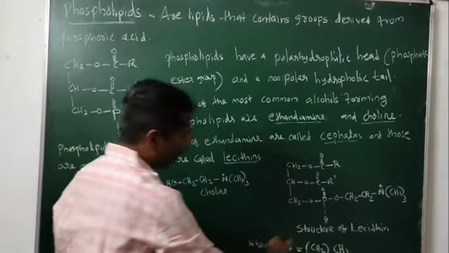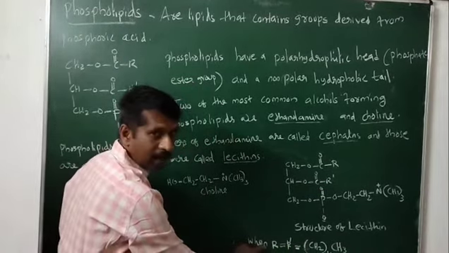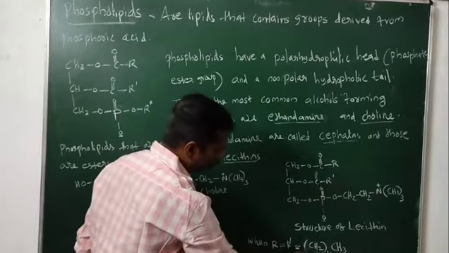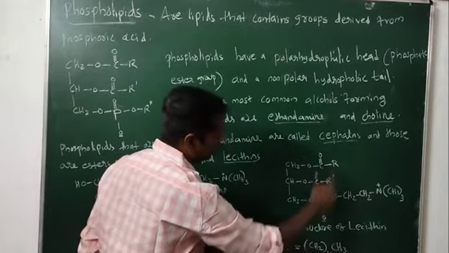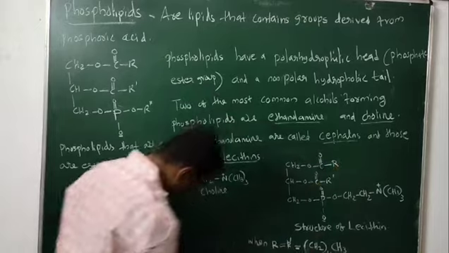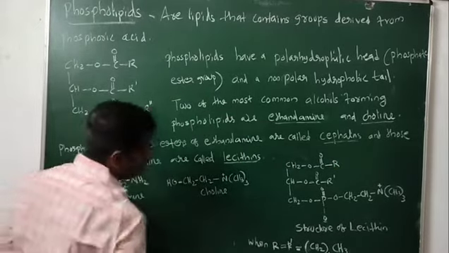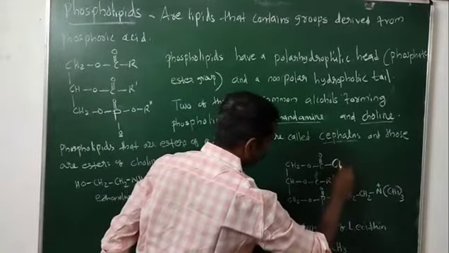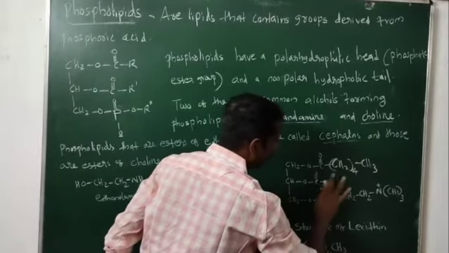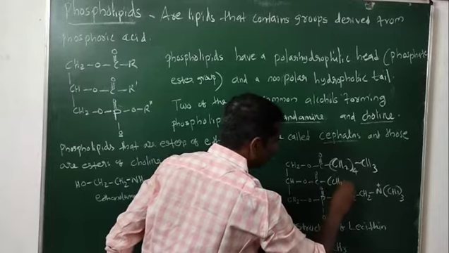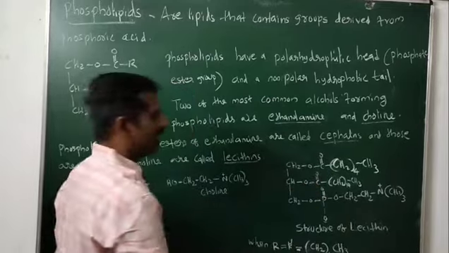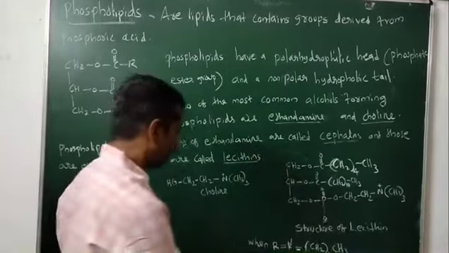Now when R equals R dash, which is equal to CH2 14 times CH3, that means R is replaced by (CH2)14CH3. If R is replaced by (CH2)14CH3, and here also R dash is replaced by (CH2)14CH3, then this particular lecithin is known as